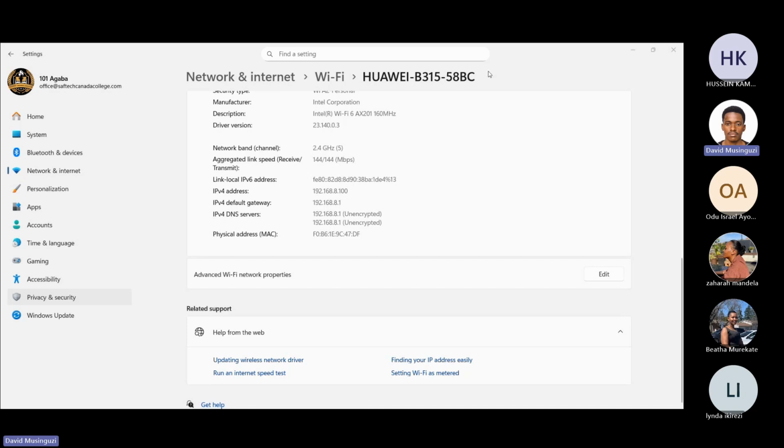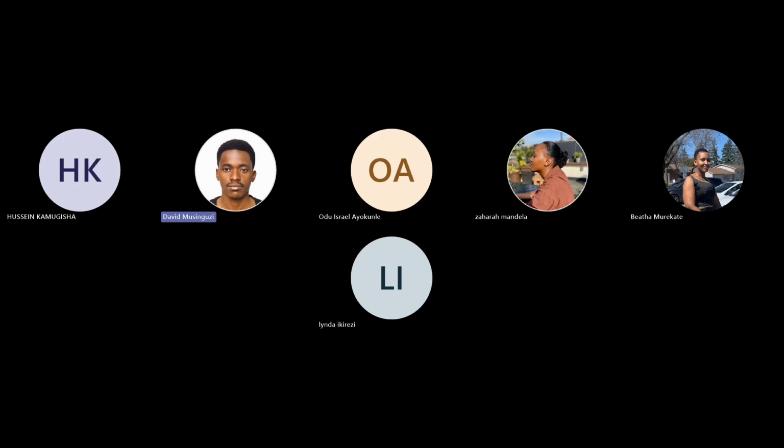So why would a printer be on a static IP address that is being used by very many computers? Why it's on a static IP address is that in case Hussein sends a file and wants to print it out, it will automatically go to the printer and it's printed out. If Beata does the same thing, it's still going to come out. So the printer, since it's shared, we give it a specific location, a unique identifier, and that unique identifier is what we call the IP address. So it stays with a specific IP address.